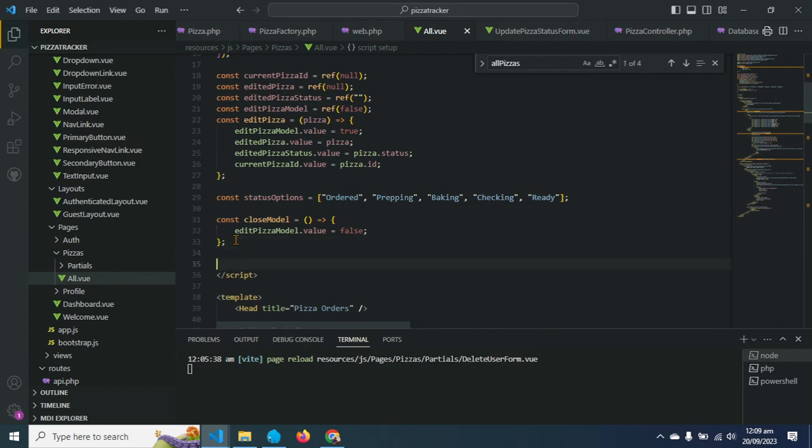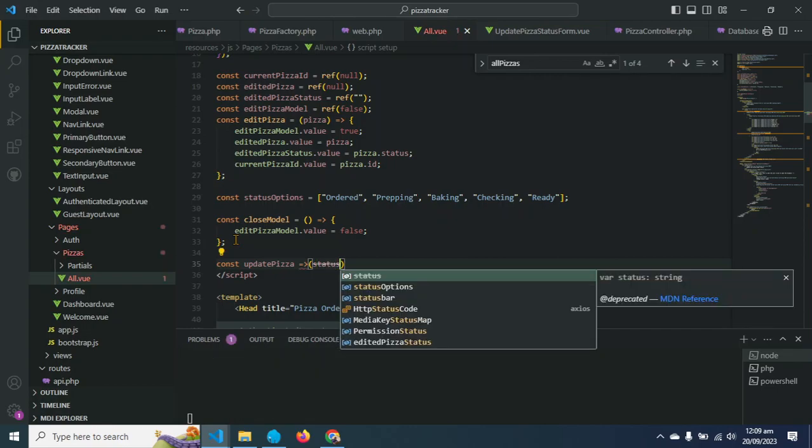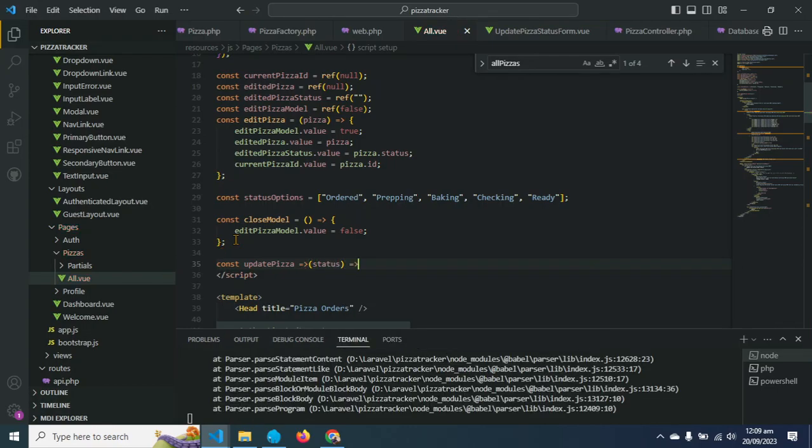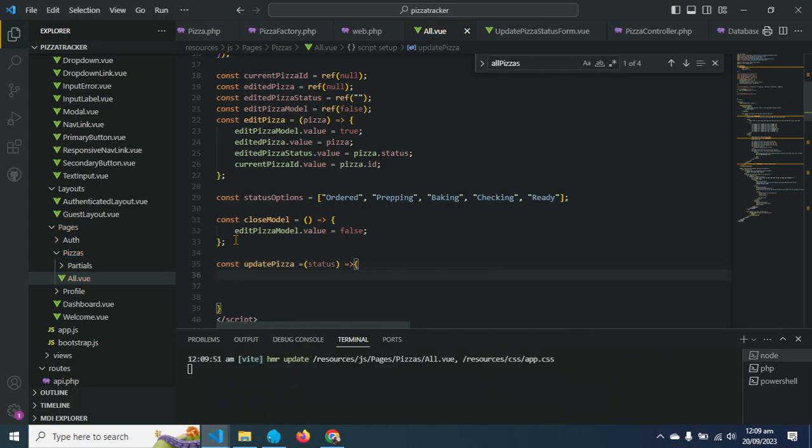Okay, so it will be const updatePizza, and we will pass the status to it, and after that we will write all the logic here. Sorry, it will be equal to, and then first of all we will use the patch function for it, and above it we will write